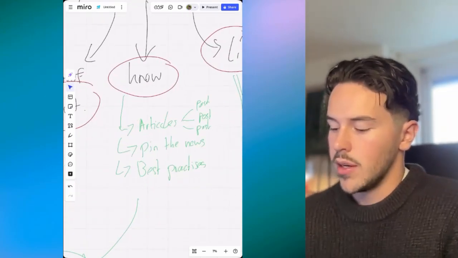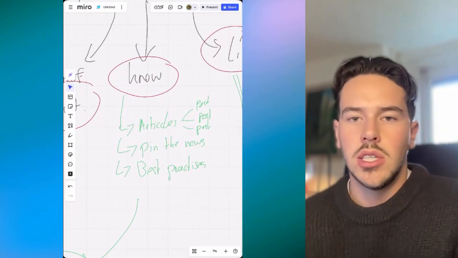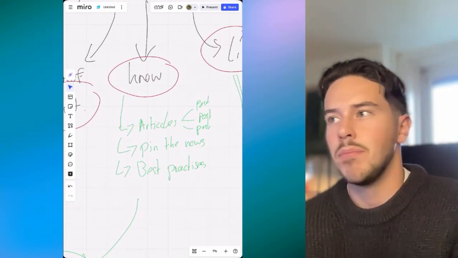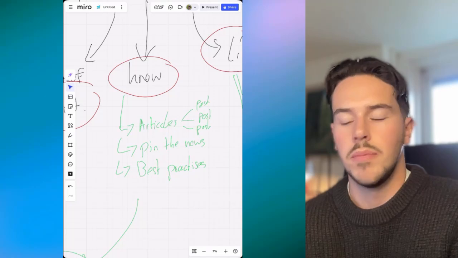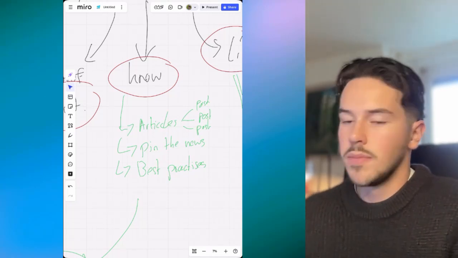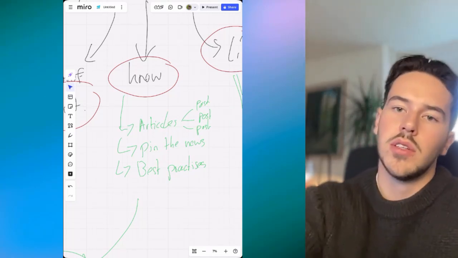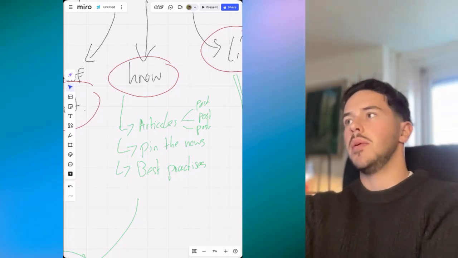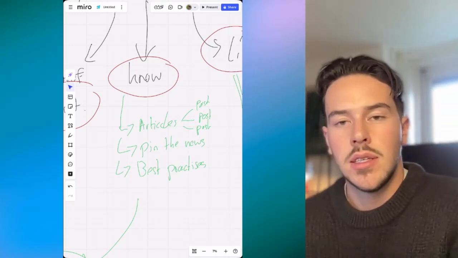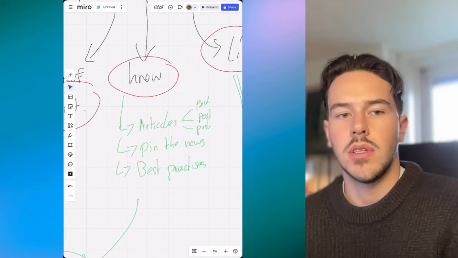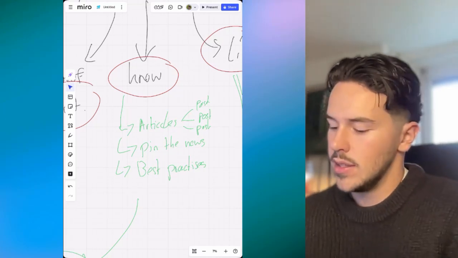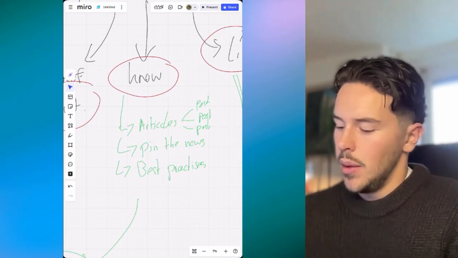Then we got the know framework. You're gonna showcase what you know, that you're the perfect guy who can solve this problem. So you're gonna show articles, and these articles you can turn into posts. So maybe a SAP framework you're using, you're gonna showcase it in content. You're gonna pin the news.